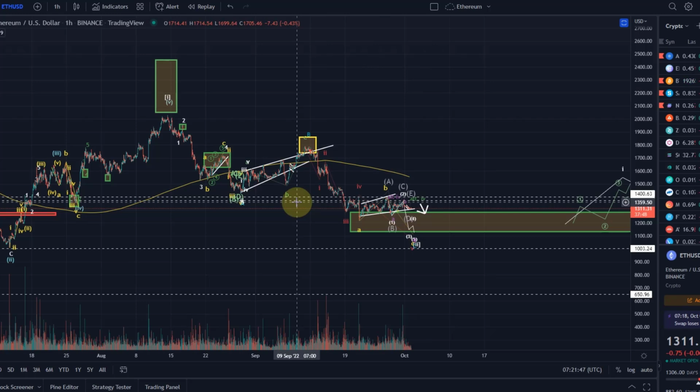I think we've got good chances for this to happen, because a lot of people expect Ethereum to go lower, make even lower prices, maybe all the way down to $800, $600. Now we know what happened with the Ethereum merge. A lot of people expected it to go to the moon from here. We knew that a downside move was going to happen.